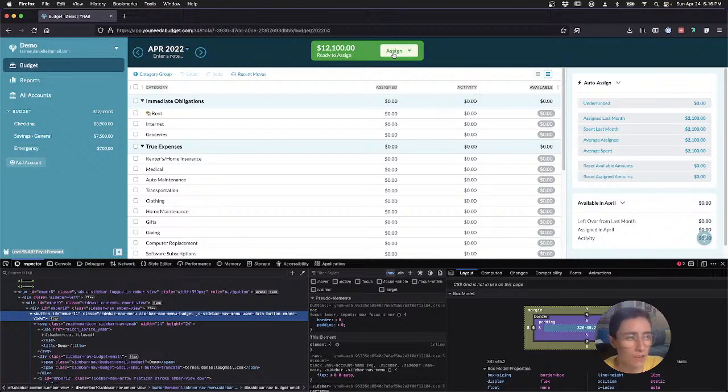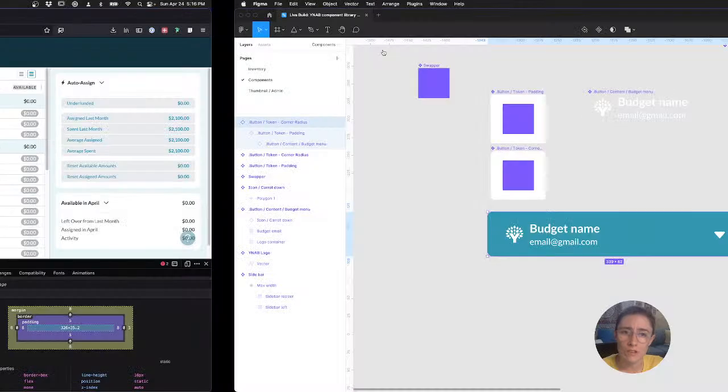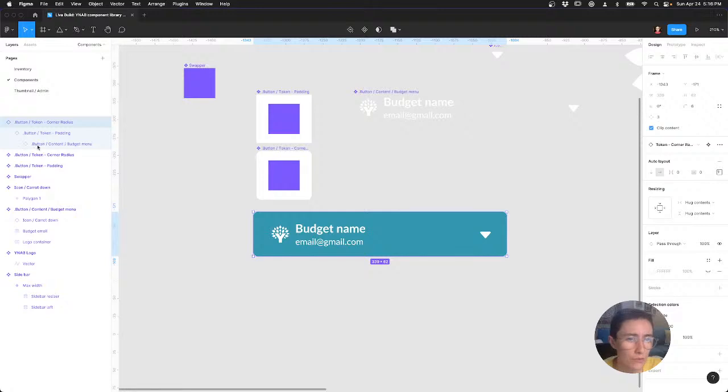A layer for the text, a layer for the icon instance, which maybe has its own nested layer for the vector shape, and then the containing frame. So maybe you've got 3 things inside, all contained by a 4th frame, right? So 4 layers at its simplest to make a button. That's great. But you can see we've already got,